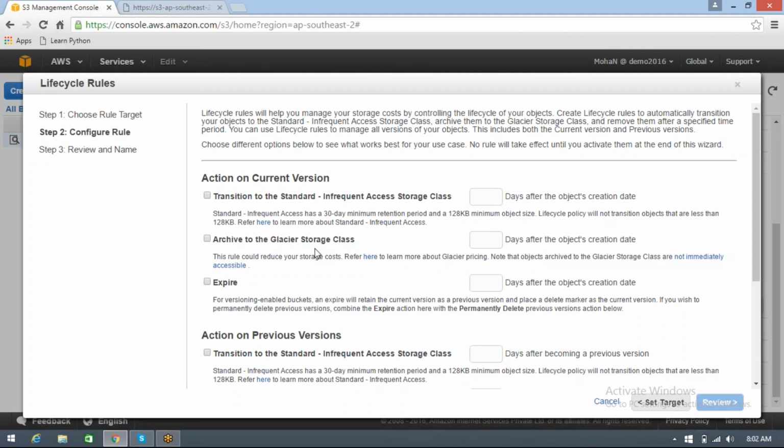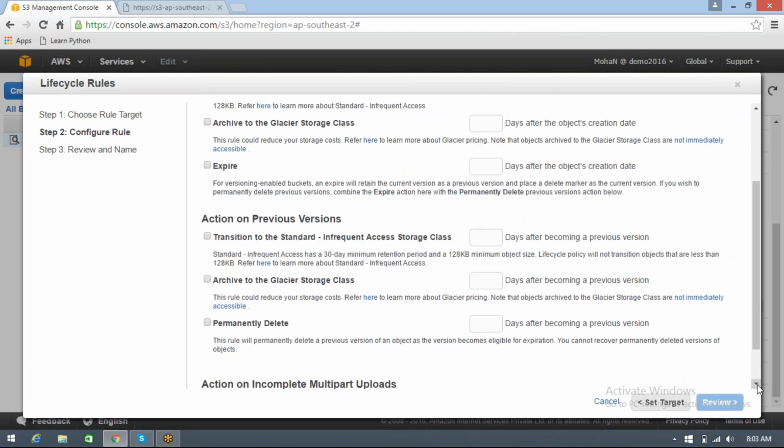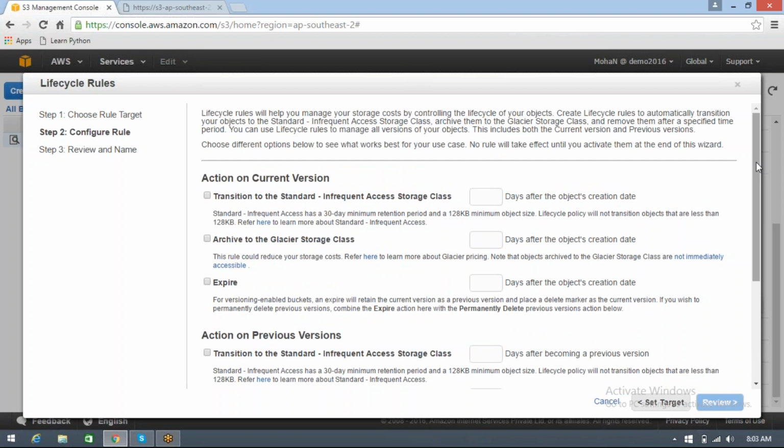It's because when versioning is enabled on a certain bucket, you cannot delete the file permanently. Versioning is meant for backup, so that when a file is deleted you will be able to get it back. That is the reason why, when versioning is enabled on a particular bucket, you cannot delete a file permanently. But what you can do is make the file expire or be deleted, so that another version of that file is created with a delete marker. And to delete that permanently, you can set another action with respect to action on previous versions. That will help you especially. Now you see,